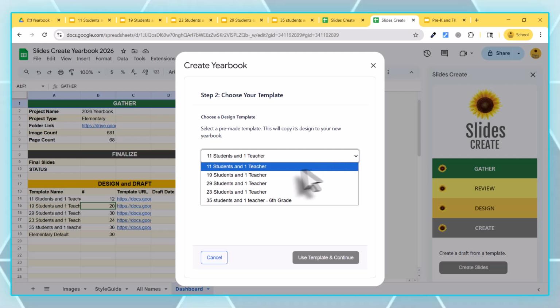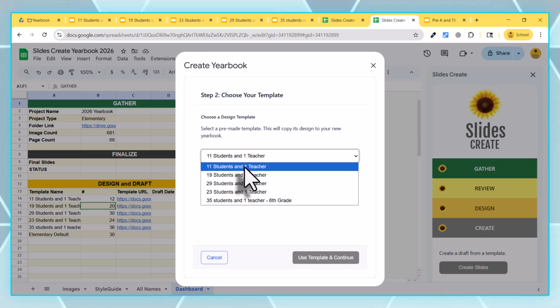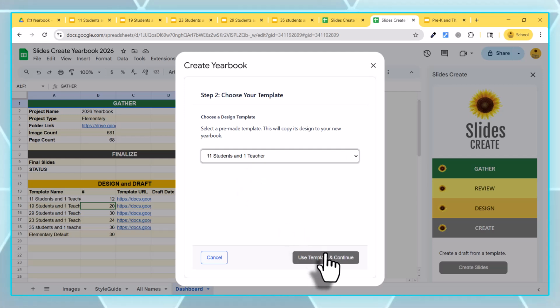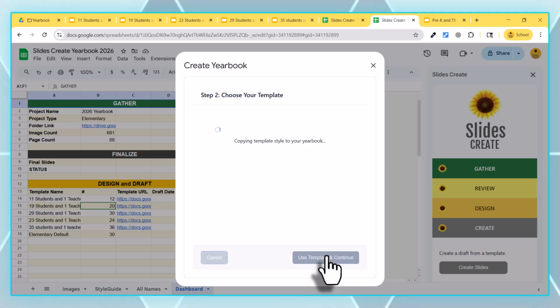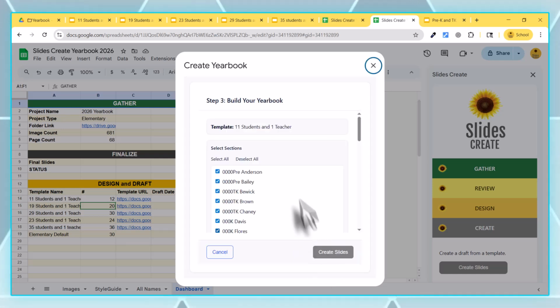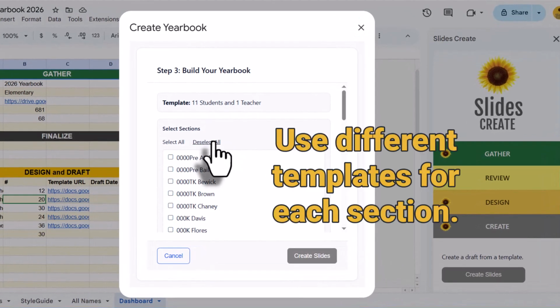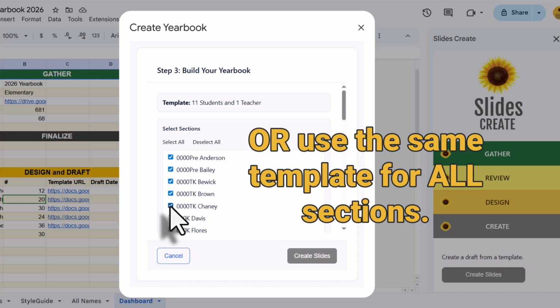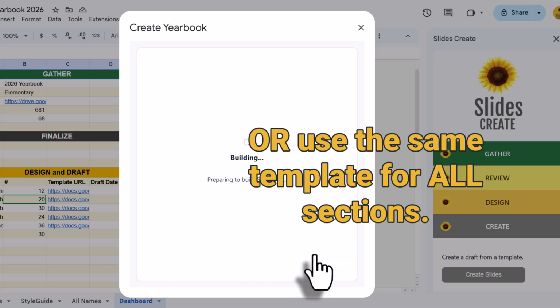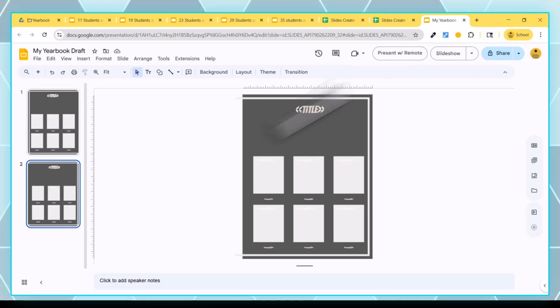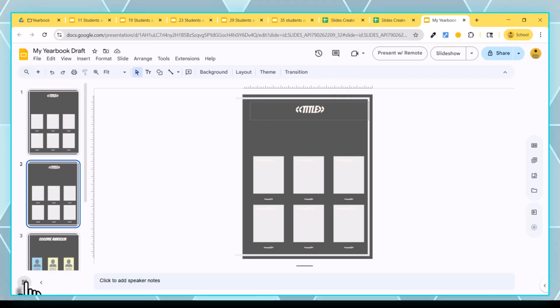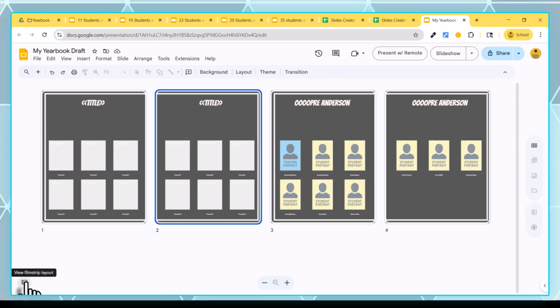So we're going to select our 11 students and 1 teacher that we created earlier. Use template and continue. Now, I'm going to deselect and I'm going to select only the classes I want to apply. Of course, I could use the same template for all of my classes. That's absolutely okay. If I take a quick peek to the side and change to grid view,